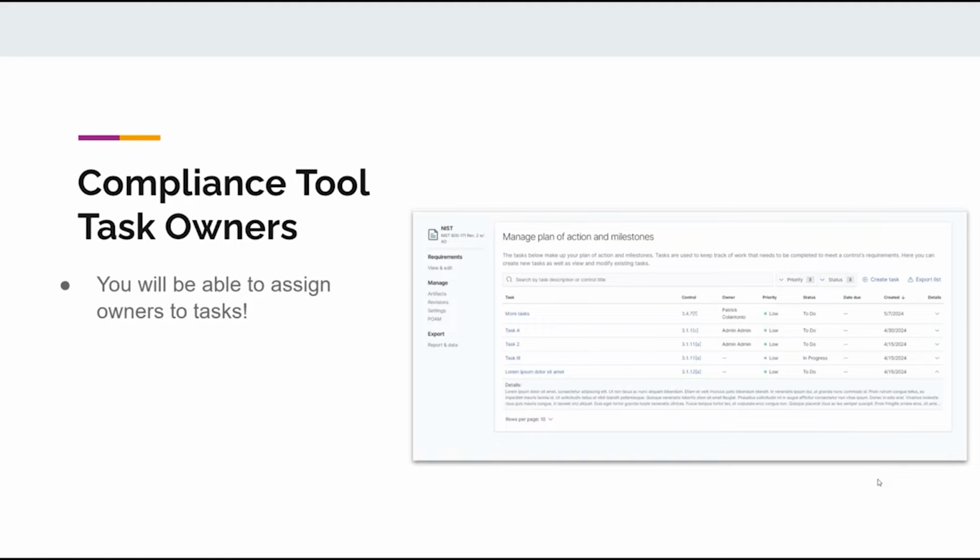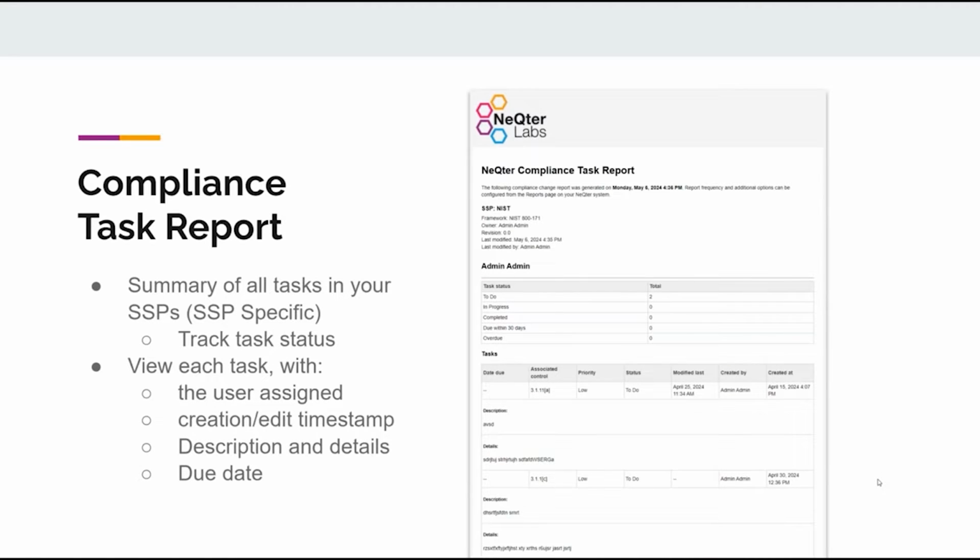One of the things that we did as well, a nice little enhancement to the compliance tool, is the ability to add owners to tasks. So now you can make a task under each assessment objective and add an owner to it. And because we're able to add an owner to that task, we have now added that into the compliance task report, where one of the things that you can modify when you generate the report